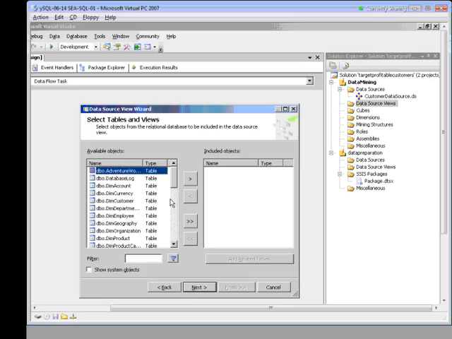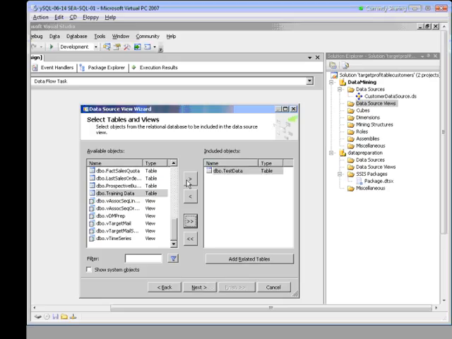Okay, so now we're to the point of the available objects that we want. So let's scroll down to, there's my test data we just built, so I'll bring that over. And training data, we'll work with it. I'm not going to bring over the entire database, okay? I'm just going to bring over the objects that I want.